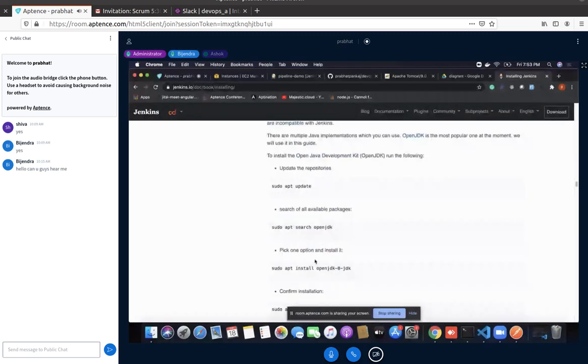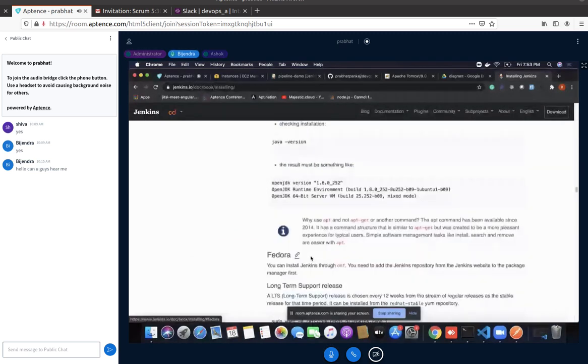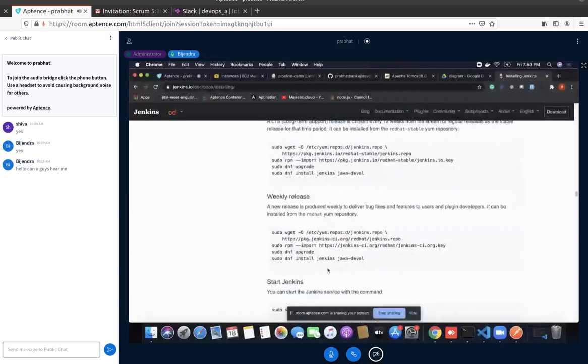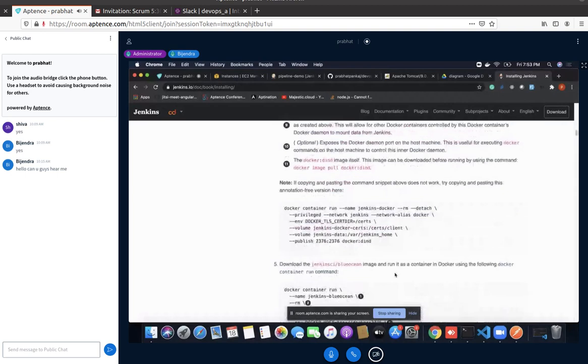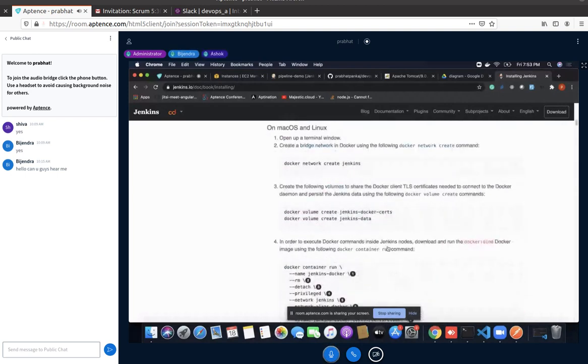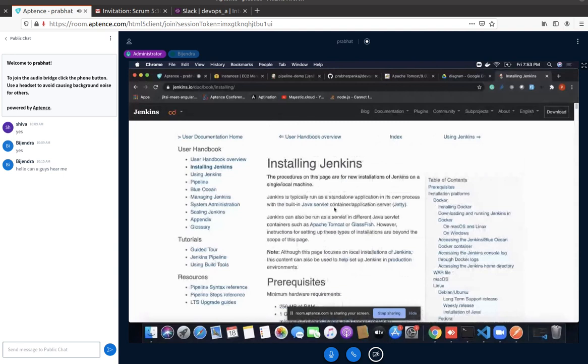In this document, it also specifies which version of Java we should use. Of course, you will get each and every piece of information from here only. This is the official document that you will have to follow. But reading everything from here will be really difficult, so it is better to first get some insight, and after that you can follow this.